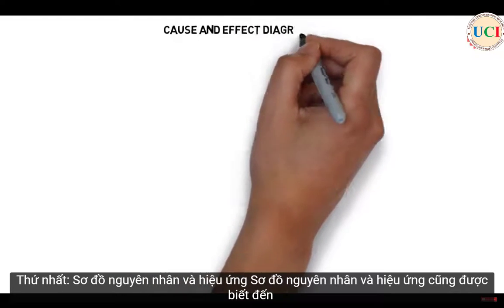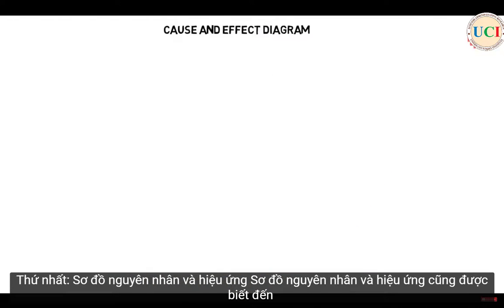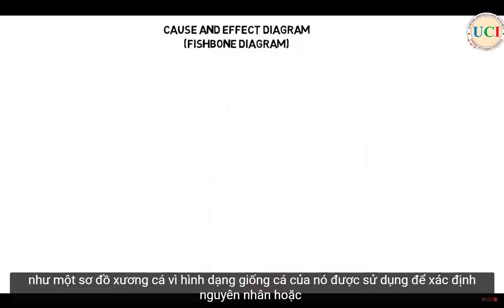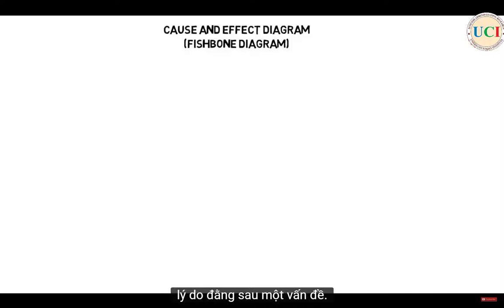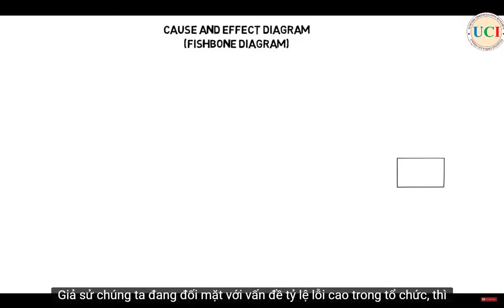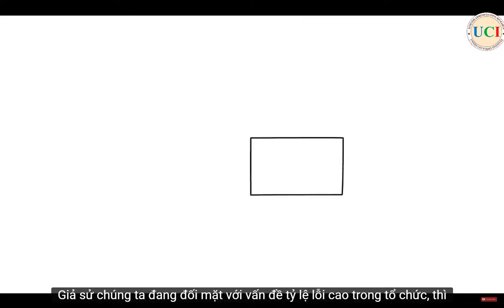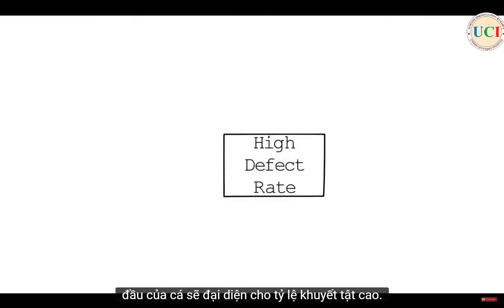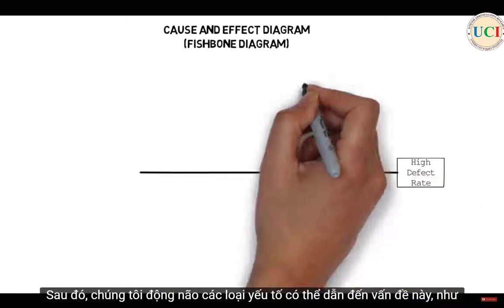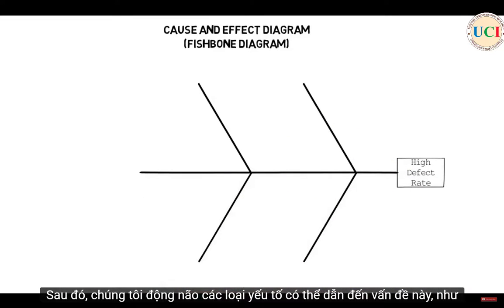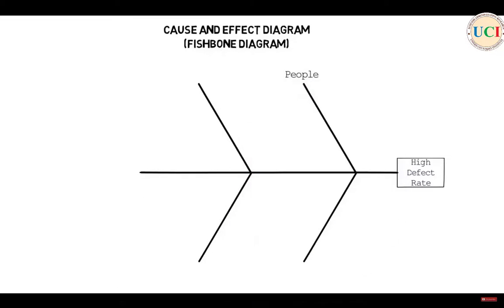First, cause and effect diagram. Cause and effect diagram, which is also known as a fishbone diagram because of its fish-like shape, is used for identifying the causes or reasons behind a problem. The head of the fish represents the effect. Suppose we are facing the problem of high defect rate in the organization, then the head of the fish will represent high defect rate. Then we brainstorm the broad categories of factors which can lead to this problem, like people,